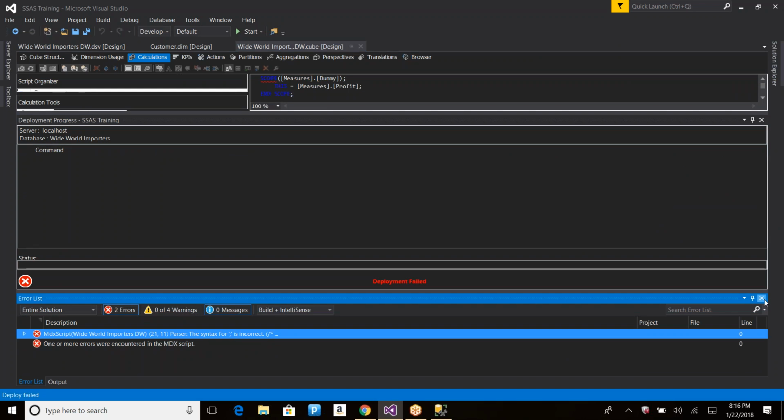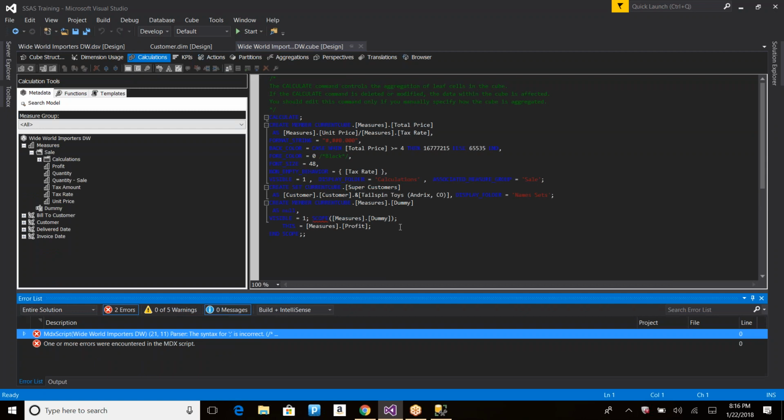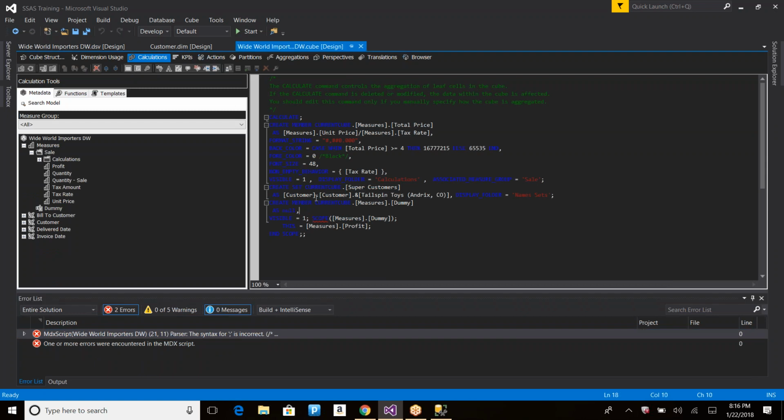Okay, it's complaining that there is some syntax error, some colon missing. Let's find out where it is. If you go to these expressions, you see here after null, it is a comma. It should not be a comma. It should be a colon. That means this calculated measure is ended here, and oops,